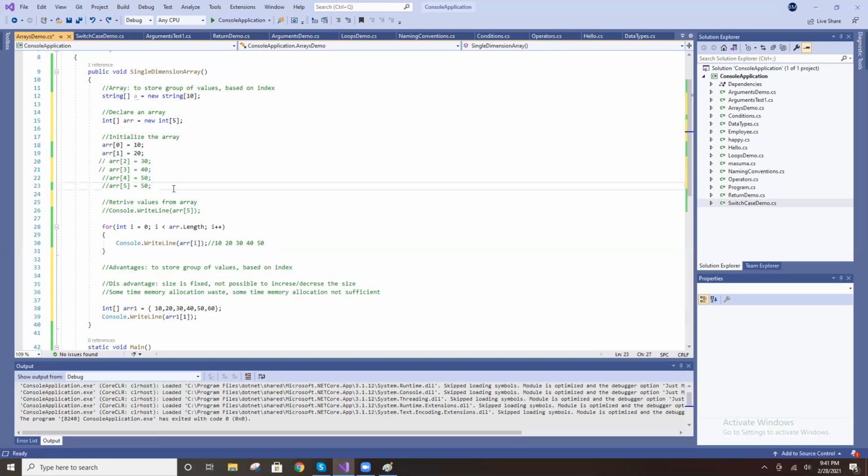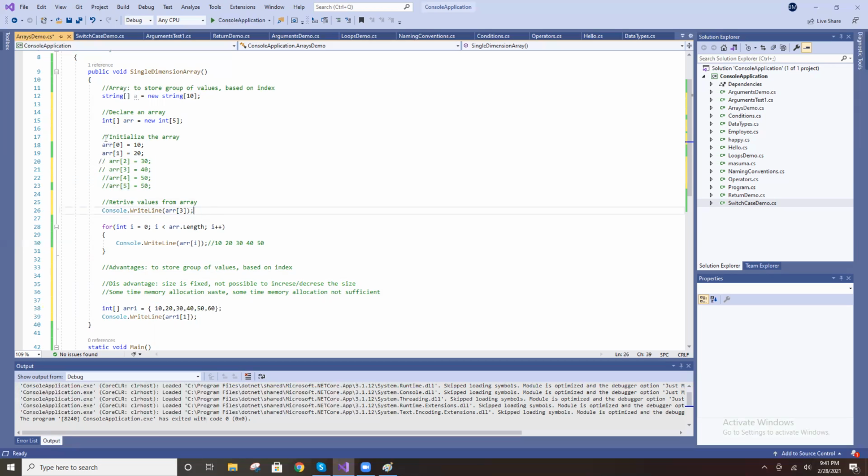See now, ARR of 0, what will print here? 10. ARR of 1 means 20. ARR of 3 means 40. Now I comment out this line. Nothing will print?